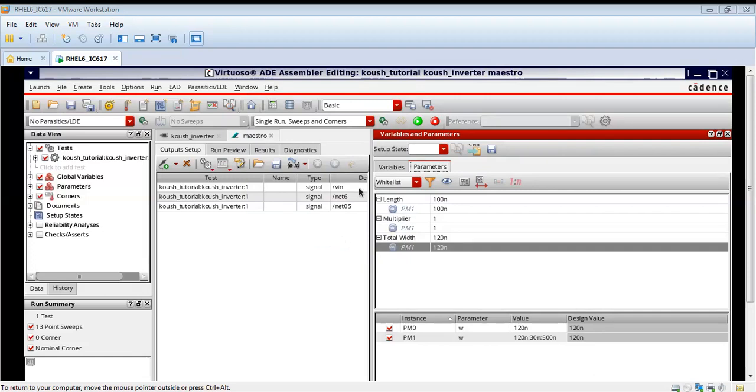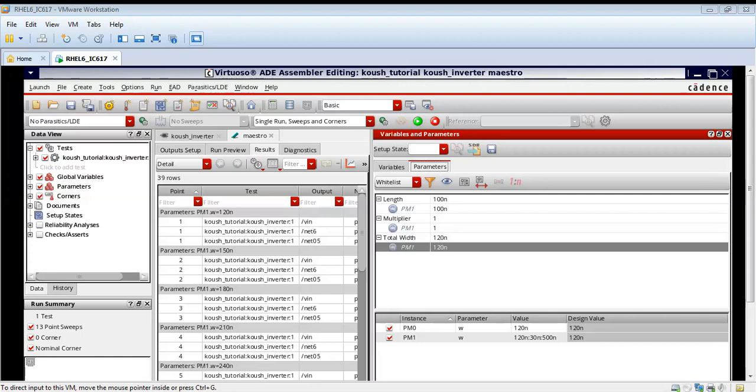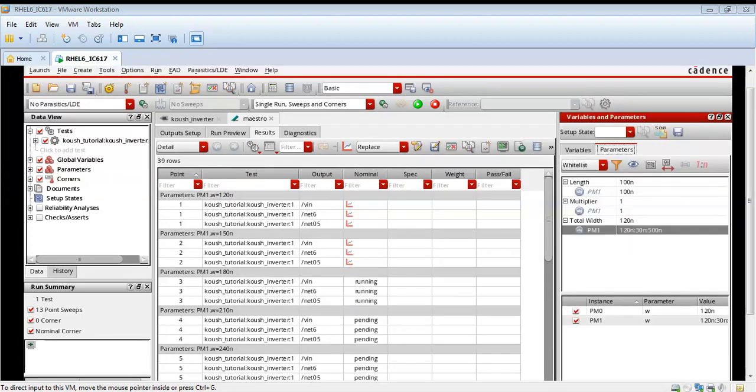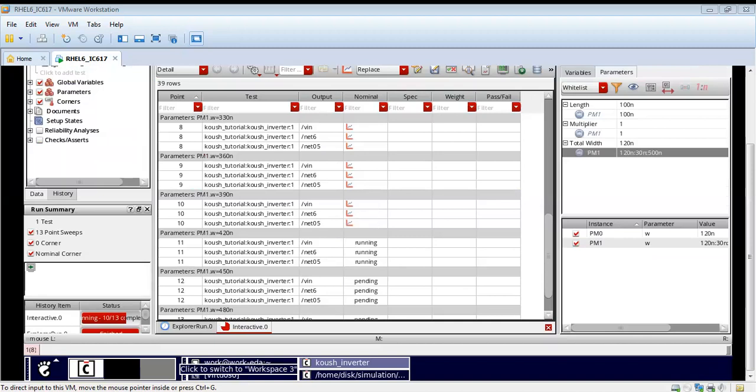So we will vary the width of PMOS and see which width will give us the best performance, where the characteristic crosses exactly at the midpoint. When we run the simulation, it will run a total of 13 points, or a total of 13 outputs will be generated for different widths of PMOS.